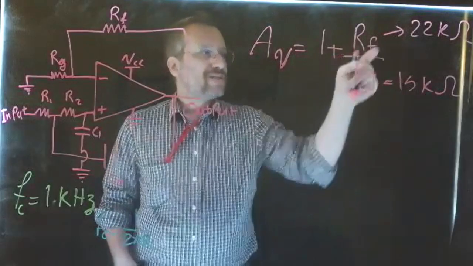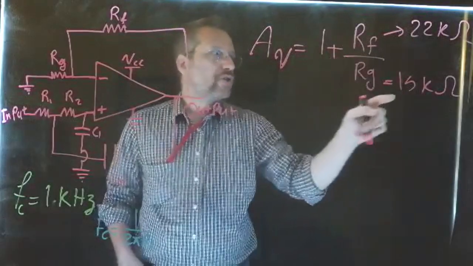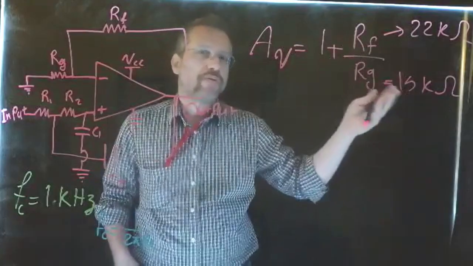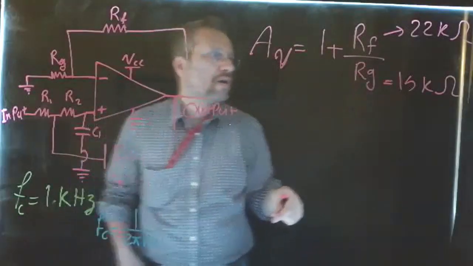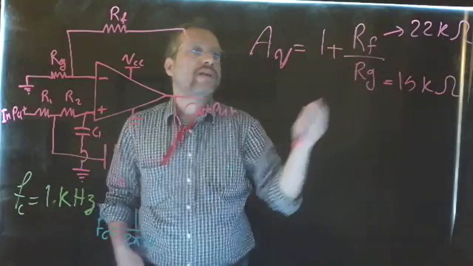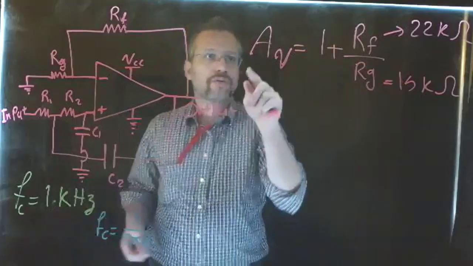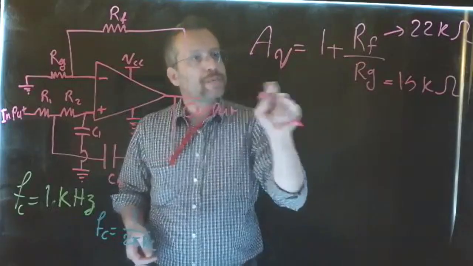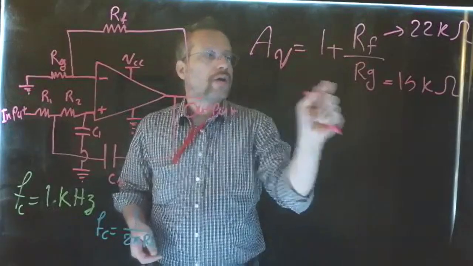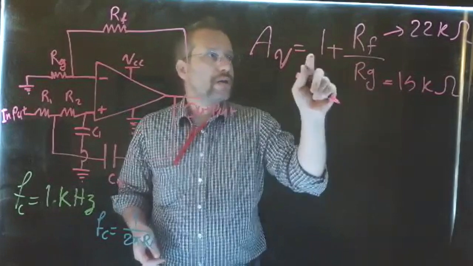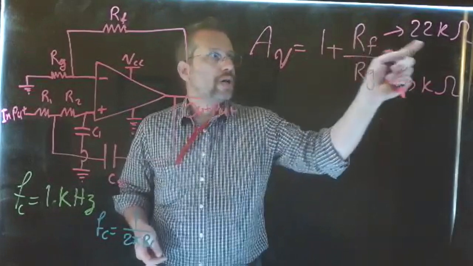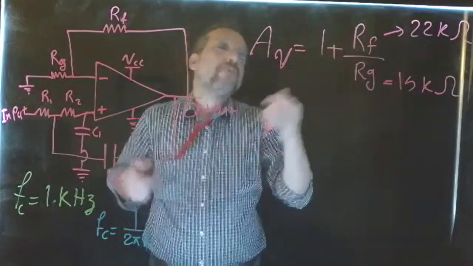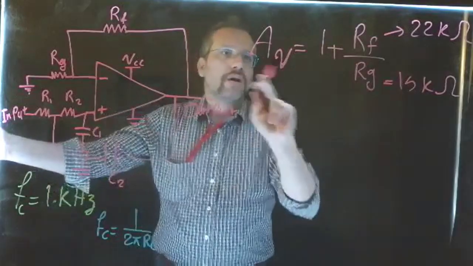Now, the reason that I choose RG and RF haphazardly here, based on what I like, is that I don't care what AV is for this example. Okay? But if you have a specific AV in mind, you can choose the RG, and then using this, you can calculate the RF. For example, let's say it's